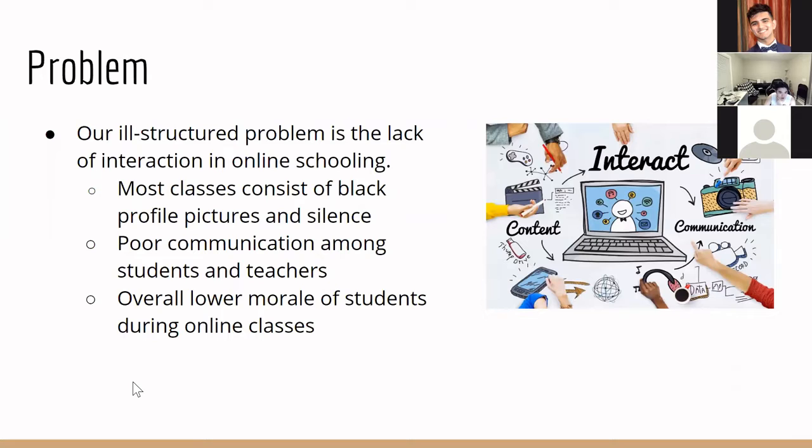And the problem that we're exploring is the lack of interaction in online classrooms. Although online classes have been a thing since the past decade, a majority of students have been forced to take online classes due to the pandemic. While in online classes, students are unable to actually interact with their classmates or teachers, creating a poor substitute of